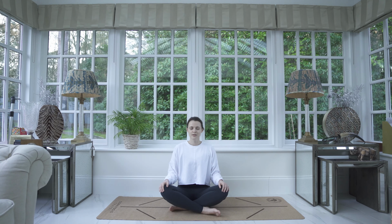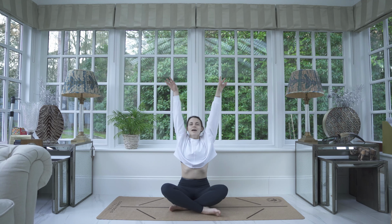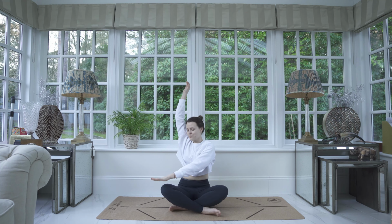Breathe in deeply and exhale. We can gently open our eyes and we're going to start our practice with some small stretches. So from this pose, we're going to inhale, hands up, and exhale, our left hand goes into the right knee